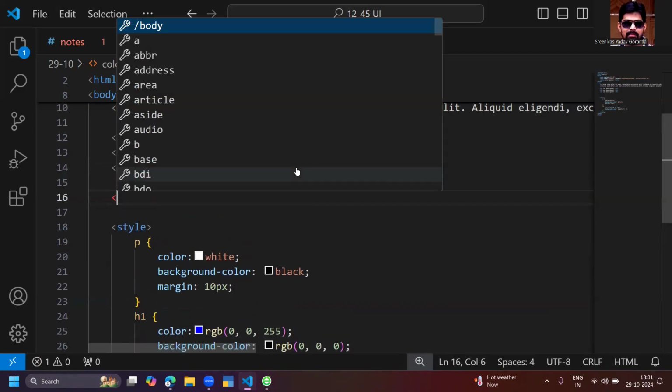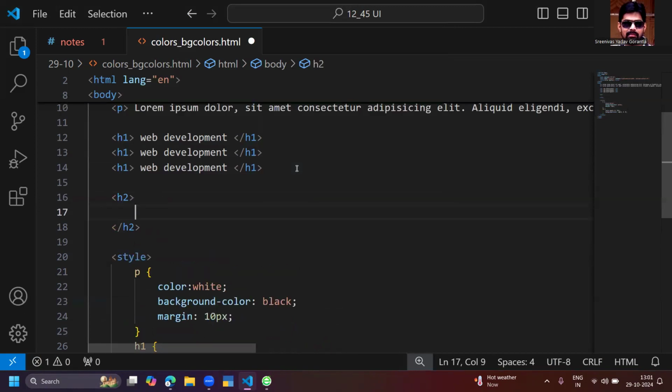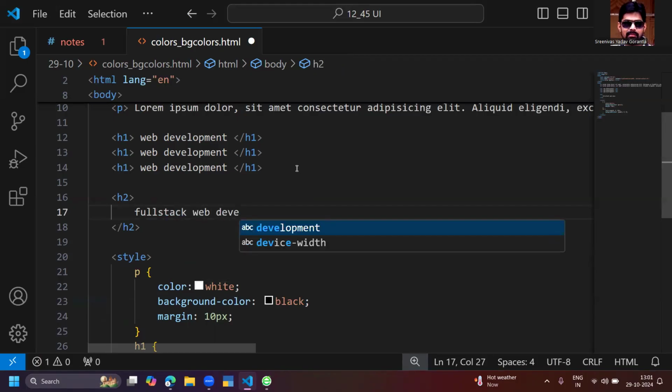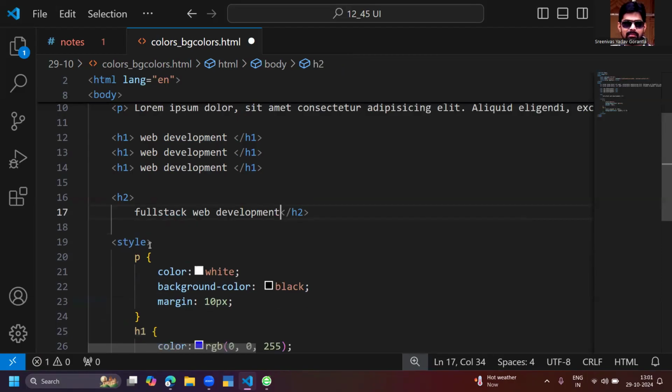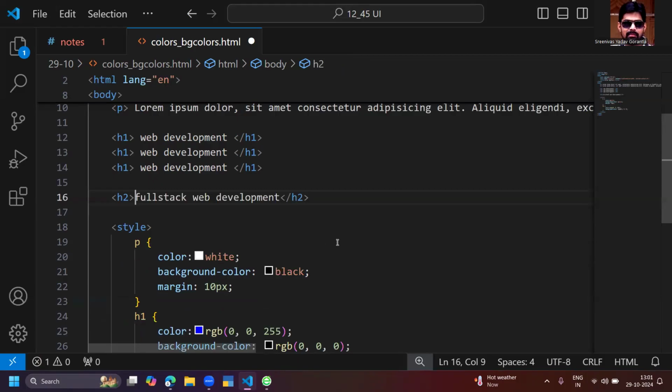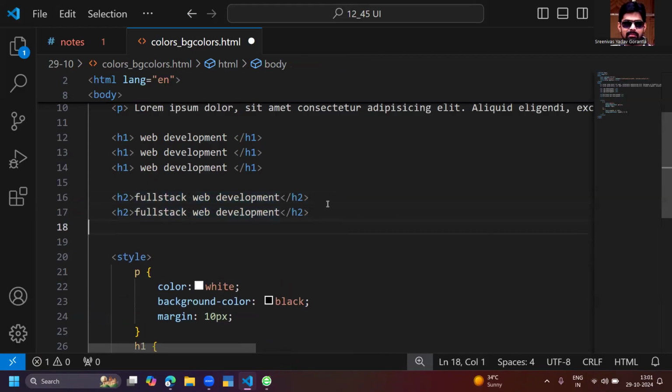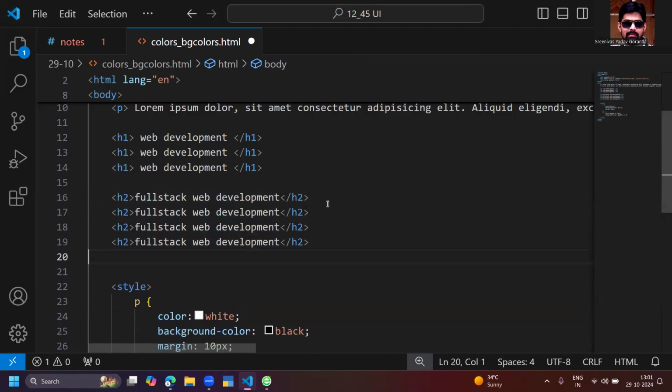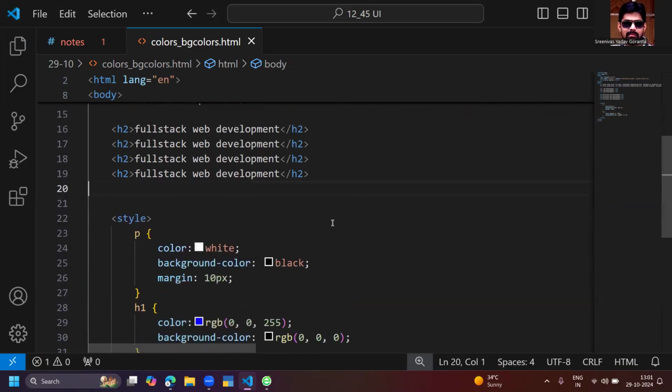Now let me go with H2 related things. H2 is something like full stack web development. I'm taking one H2 here, full stack web development. But I want to take multiple H2s over there. When I'm taking multiple H2s, for all these H2s,